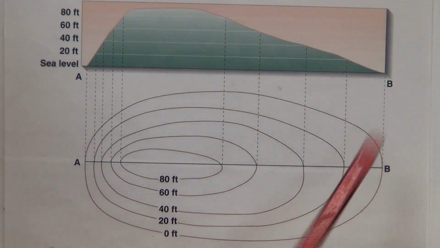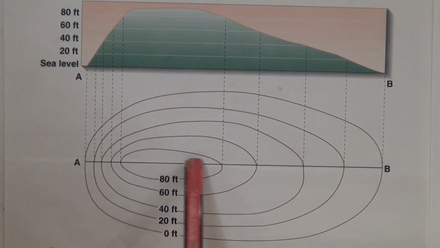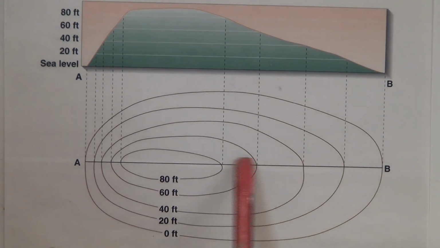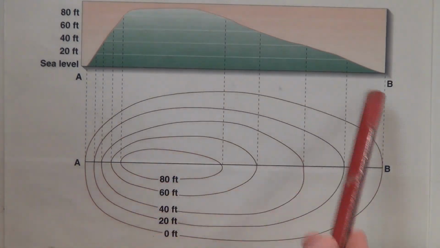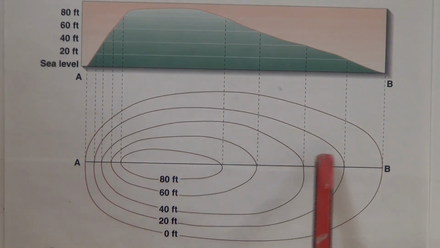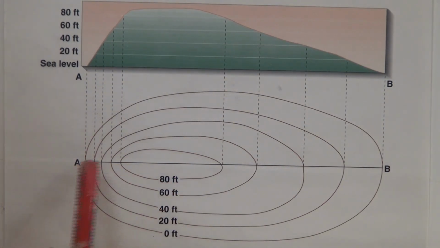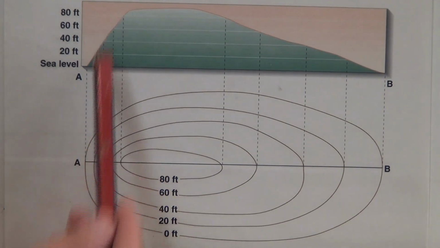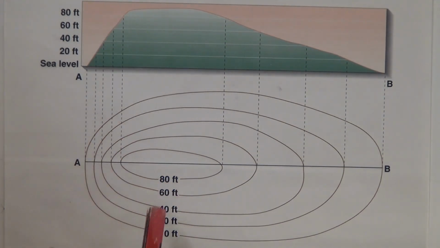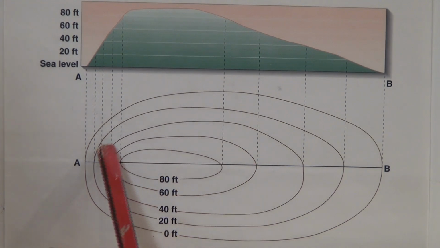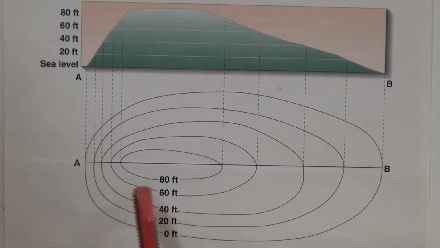Okay, notice that the hill is steeper on the left-hand side here and not as steep on the right-hand side. Notice that the contour lines are showing that it is much more spaced out. If you were to walk down the hill, you'd have a lot more time to get to each one of those imaginary trails. Whereas if you were to go down this way, of course, you would run across them quickly. And just one more time, let's say you were at 60 feet above sea level and you were to walk around exactly level on that elevation, you would follow that line. These are known as contour lines.